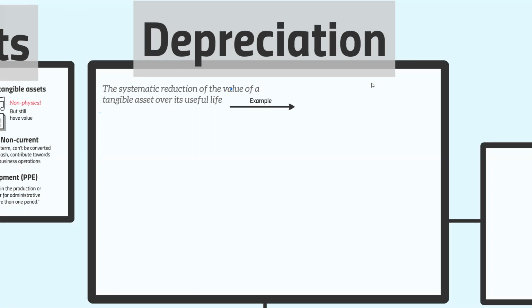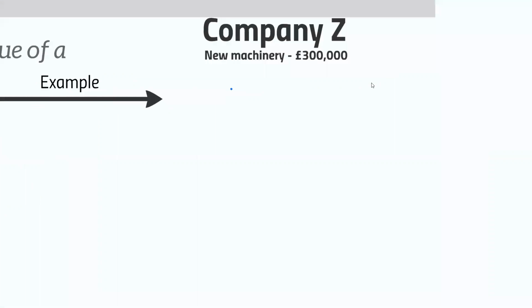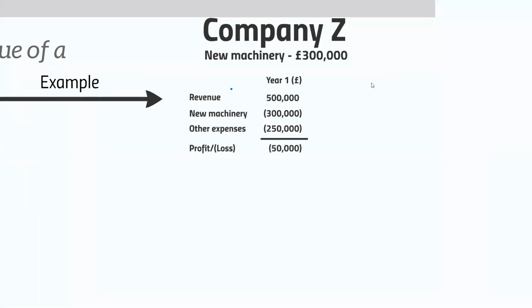Why do we need to do this? I might hear you asking. Well, let's have a look at a quick example to reinforce this point. So let's imagine that we have a company, Company Z, and this company purchases new machinery for a value of £300,000. Now, if this company were to purely account for the expense of purchasing this new machinery in the first